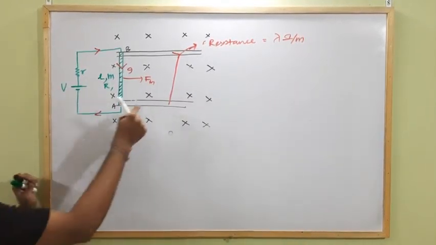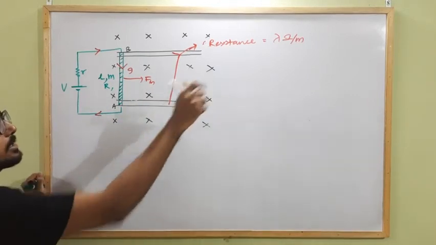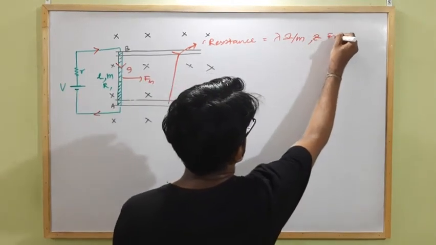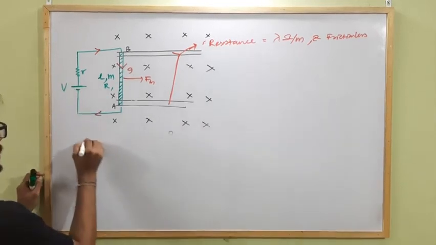Okay, previously these two rails were frictionless and resistanceless, but now these two rails have resistance lambda ohm per meter and are frictionless. Clear? The question is to find